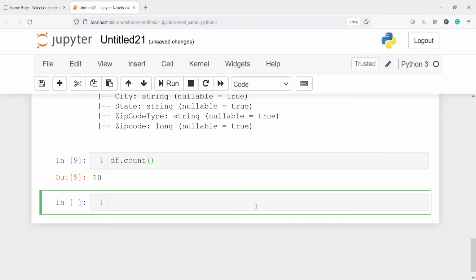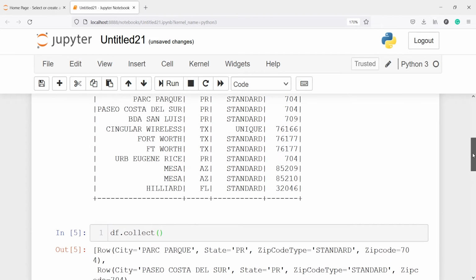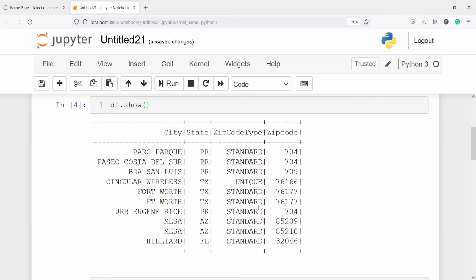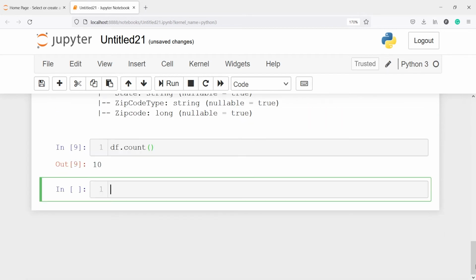The next method is select. So this will print columns from the data frame. For example, you do not want to print the entire data frame. You just want to look at some particular columns. For example, we want to see only 2 columns, city and state. So we will use the method select. I will write df.select, and I want to see only 2 columns, city and state.